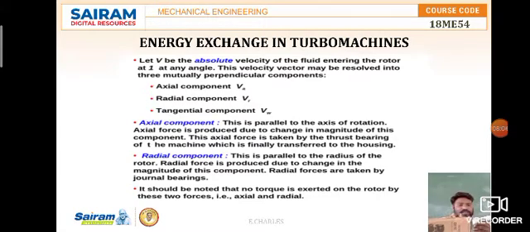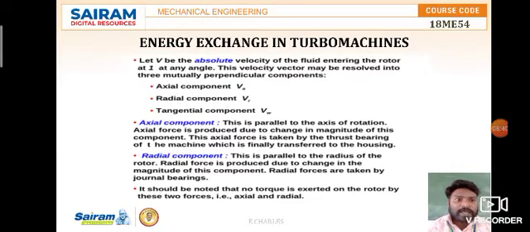Whereas in the case of this one, for example, this is the rotor, and the rotor is rotating like this. If you take the component in this direction, along the radius, parallel to the radius of the rotor, then this is the radial component. Know the difference between these two. If it is like this, it is the axial component. If it is like this, it is the radial component. This is the difference between axial and radial.